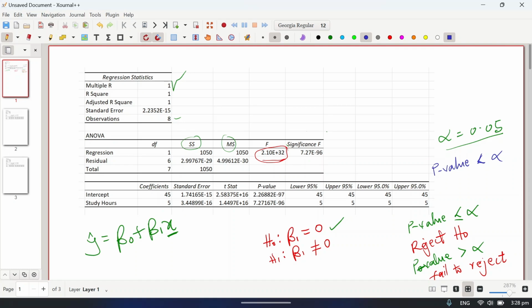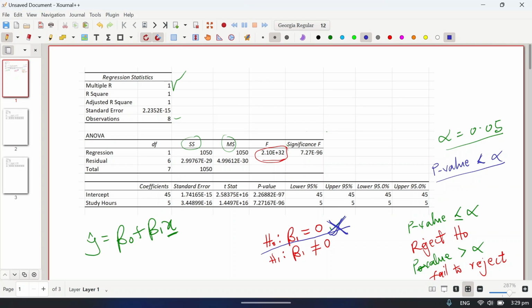So because it's less than our alpha value, we are going to reject the null hypothesis, which says that beta 1 is equal to 0, meaning that there is a significant relationship between the dependent and independent variable. So that is what it means over here. Our p-value is way, way, way less than the alpha value. So what we are going to do is to reject this particular one. So you don't accept this statement that the H naught, beta 1 is equal to 0,